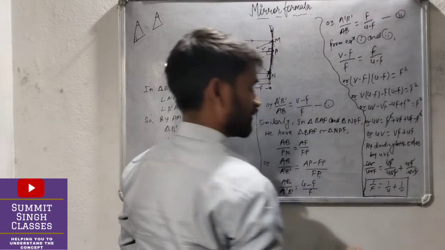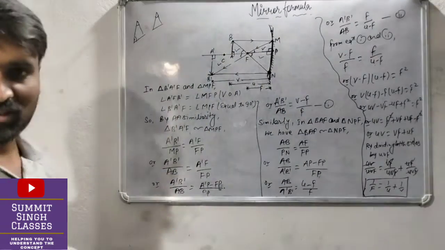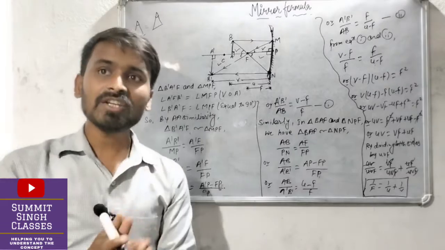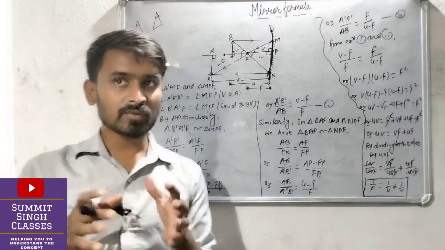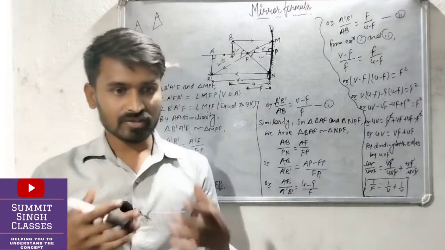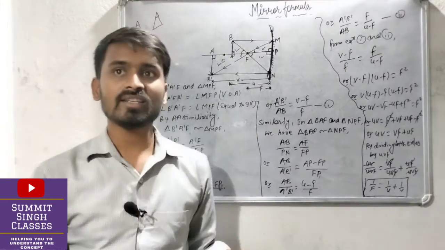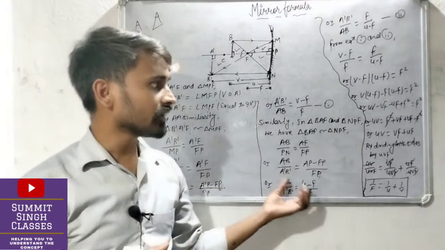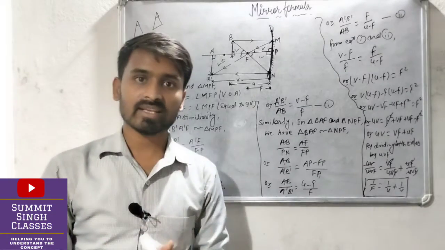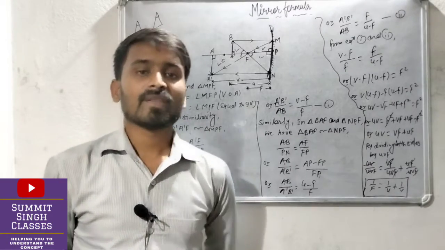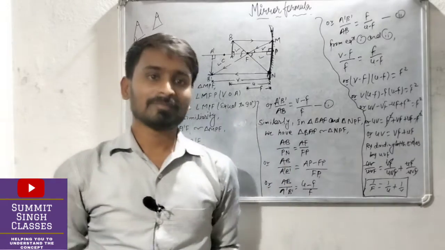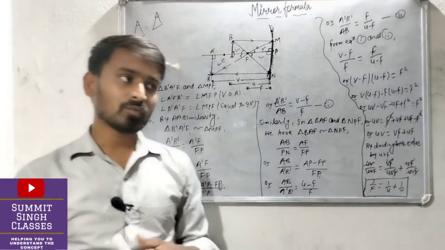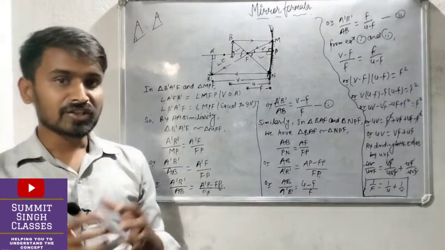So this is the mirror formula, and this whole thing is the derivation of it. I hope you all have understood what I have done here. If there is any problem, you can recap this video and understand the whole thing again. I'm explaining it in a very simple way. If you are not understanding a particular thing, just watch it again and again, and you will be able to learn it. I hope this video was really helpful for you all, and in the next lecture we will understand the nature of light.